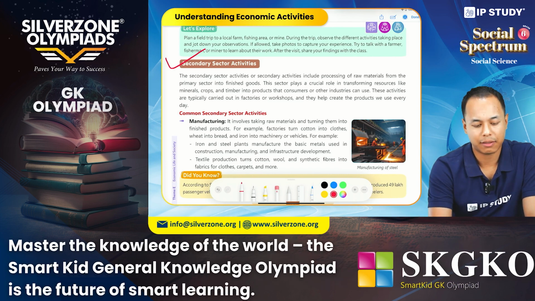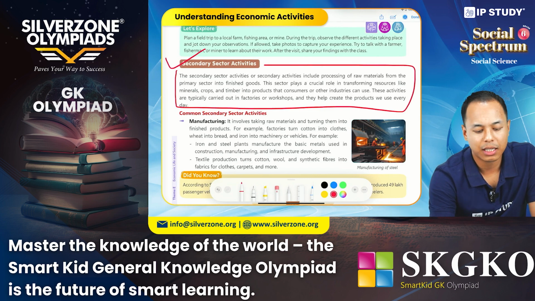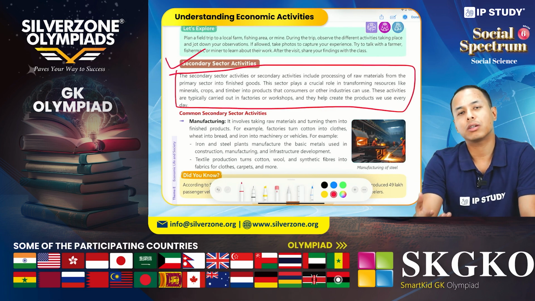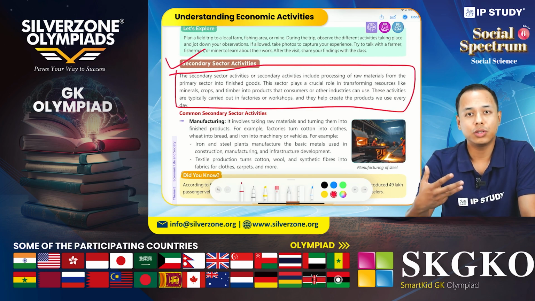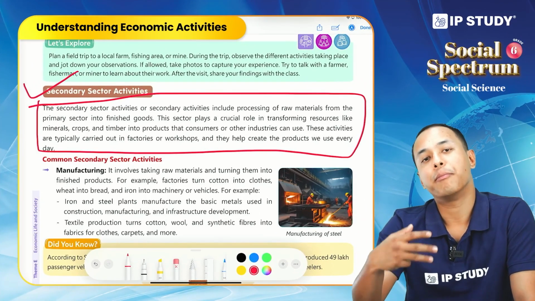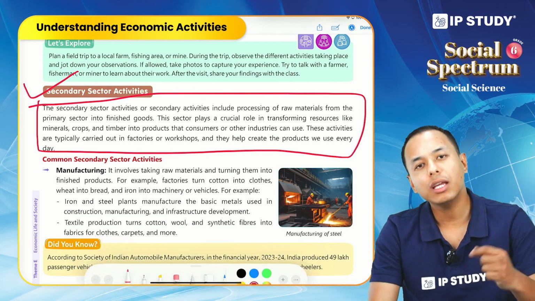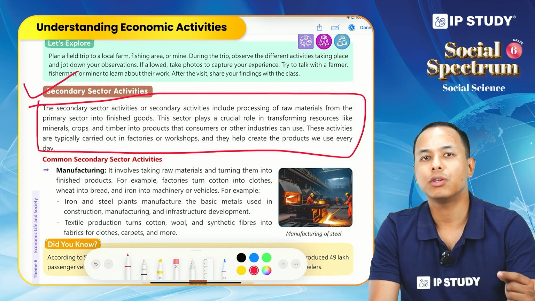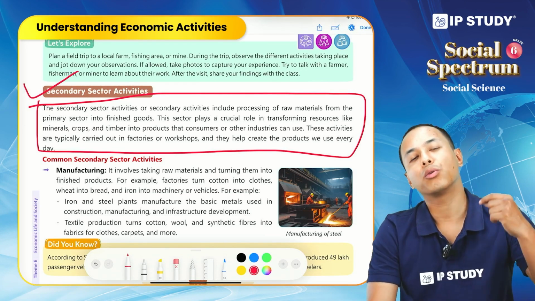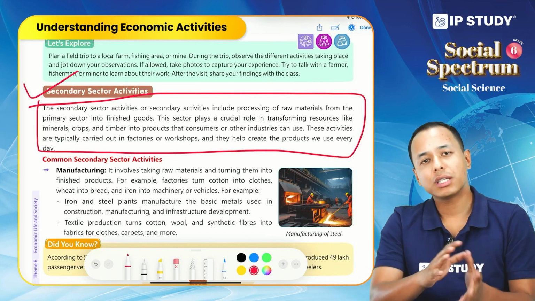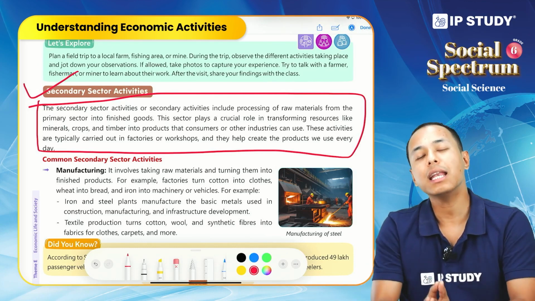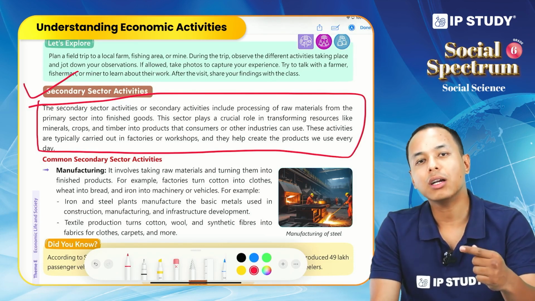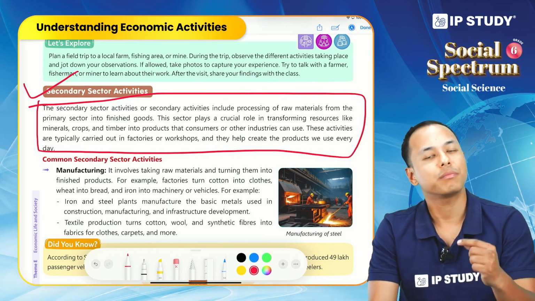Secondary sector activities are those activities that involve processing raw material into finished products or consumer goods. For example, we get cotton from a cotton plant. But are we able to use it directly? No, we have to process it, convert it into clothes, and then we use it. Same thing with biscuits. When we eat biscuits, we do not directly grow biscuits, right? We grow sugarcane, we grow wheat, we process all those things and then we make biscuits and consume them. So secondary sector activities are involved in processing or transforming raw material into finished products.